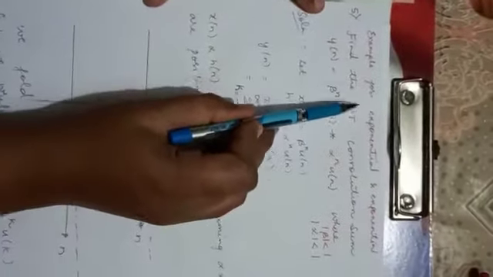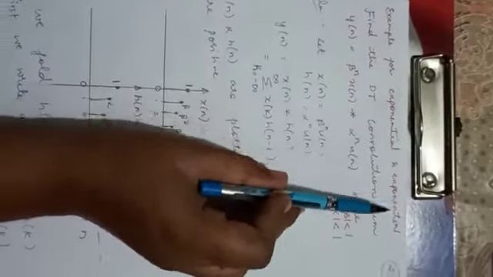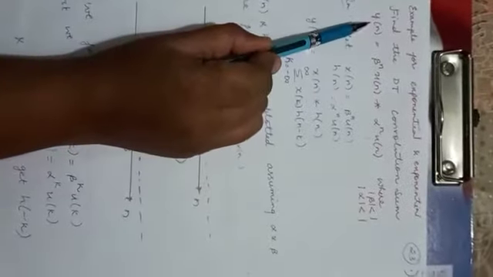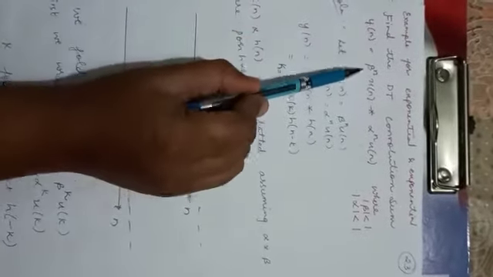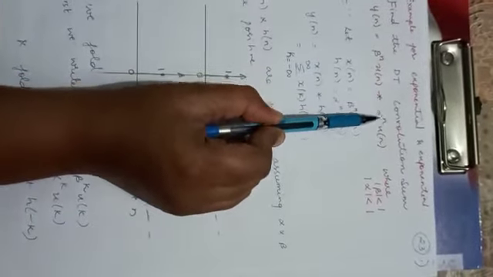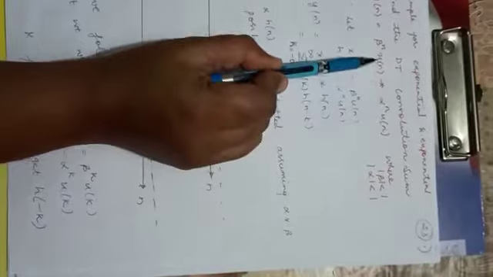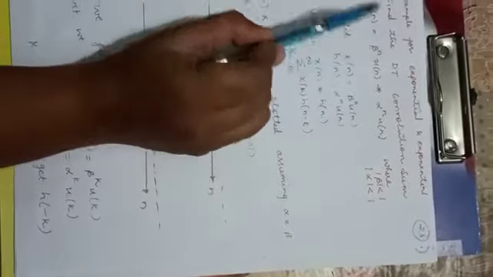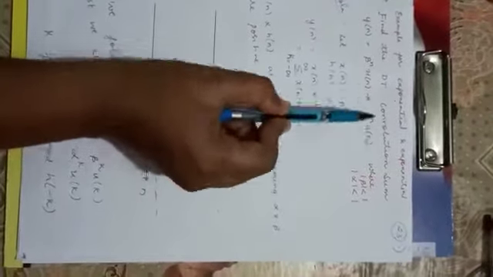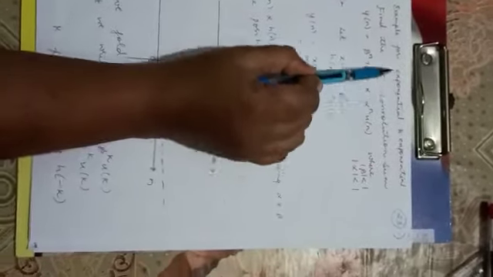Dear students, now we will see an example for convolving an exponential signal with an exponential. Find the discrete convolution sum for y of n, beta to the power of n u of n, convolution with alpha to the power of n u of n. Multiplying u of n with beta to the power of n and alpha to the power of n, we represent them as a convolution of exponential signals.